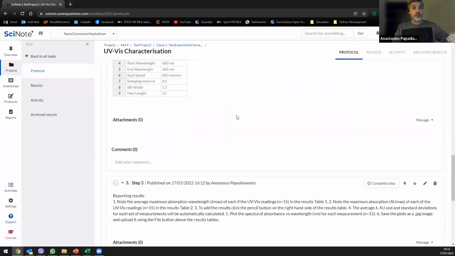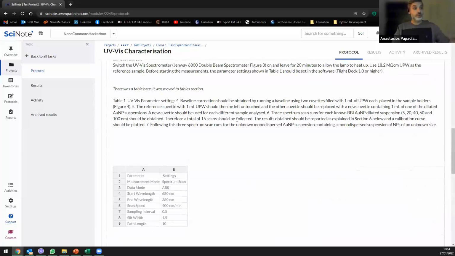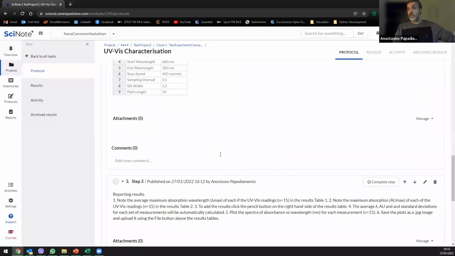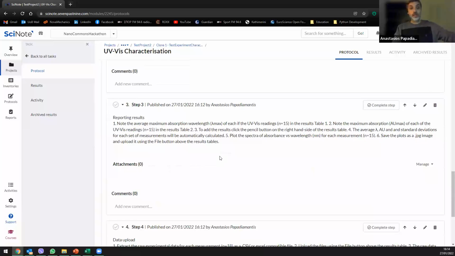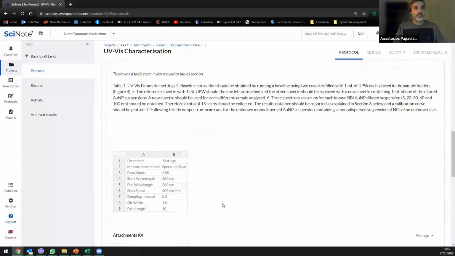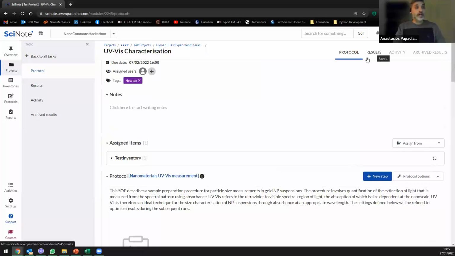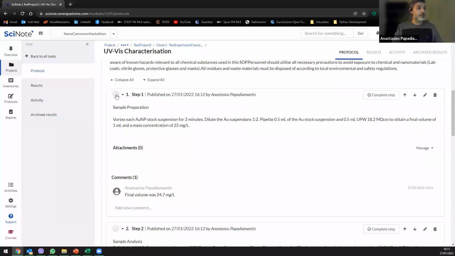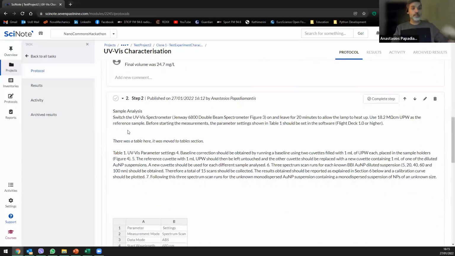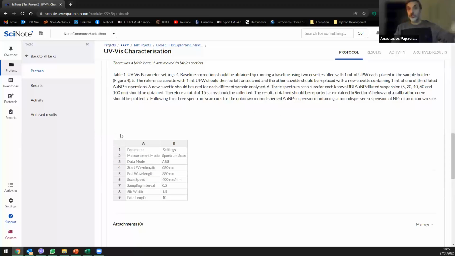the different deviations. So if you want to write a report, you don't have a modified protocol. You have your original protocol, and you have notes underneath that you can use to report accordingly, whether that's a publication, or reporting to, let's say, the commission or some organization, etc. And of course, when you perform a step, you can click here and say you have completed the step, and in this way you can go in a step-by-step approach, and you don't forget where you are, where you stopped,